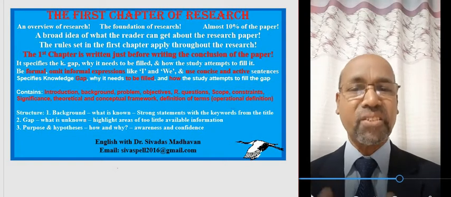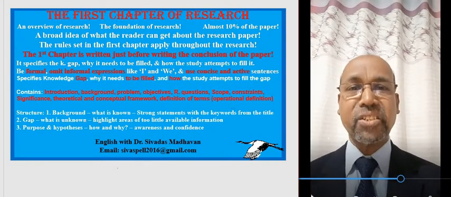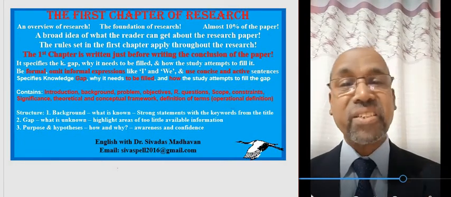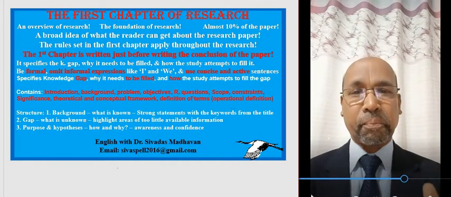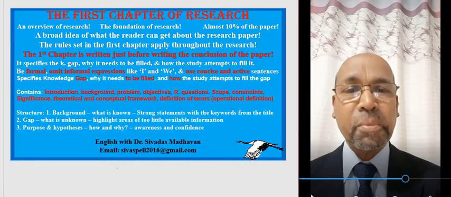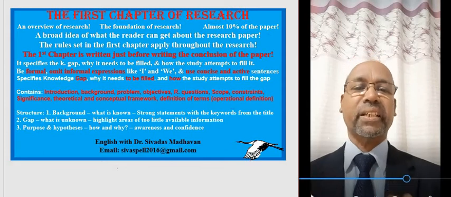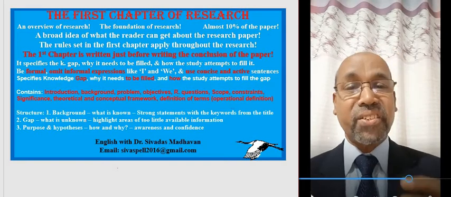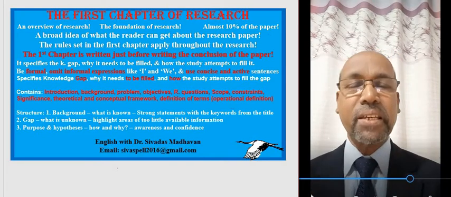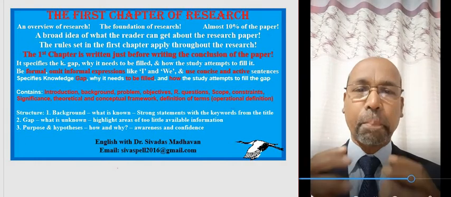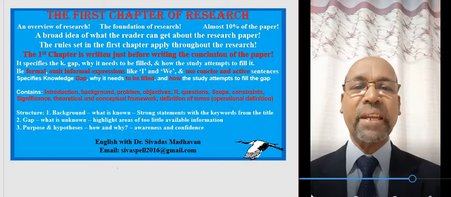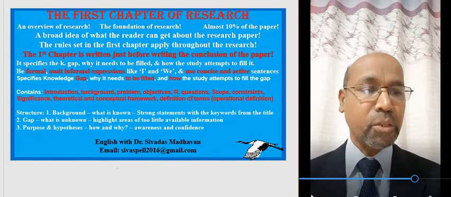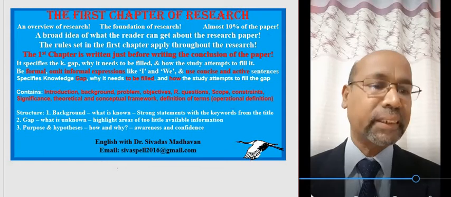And next comes the scope of the study. The scope of the study means the delimitation of the study, the range that you cover under the topic. And next come the constraints. Constraints means the problems, the troubles the researcher faces to study that topic. That is the constraints of the study. And next comes the significance of the study. Significance means the importance, the benefits of the study, who will benefit and how it will be beneficial to the readers and to the coming new generations.